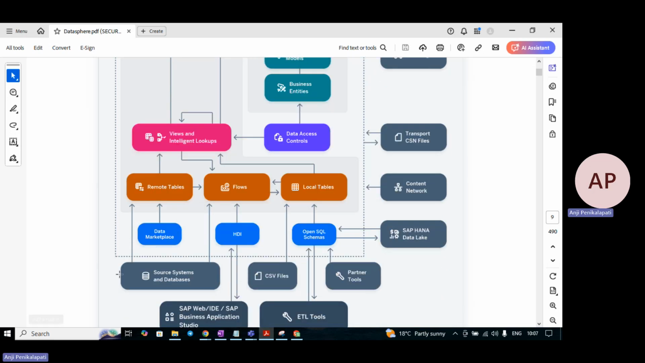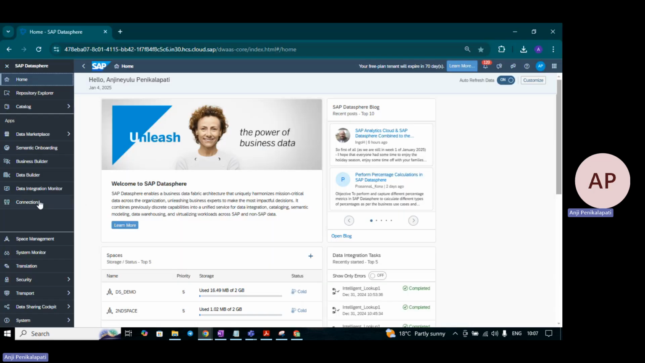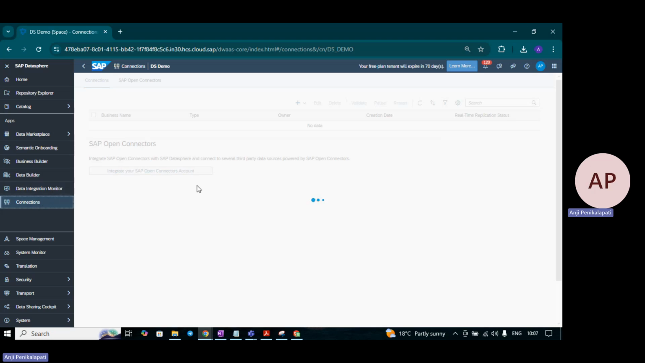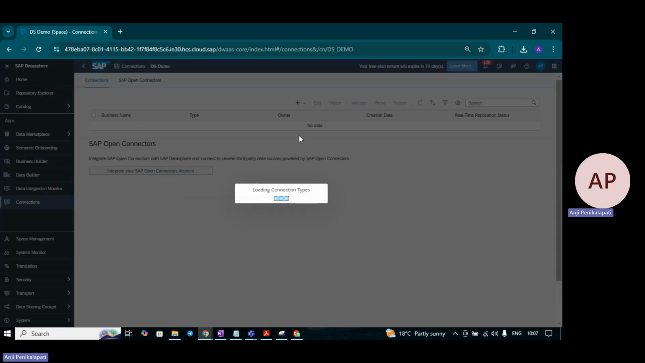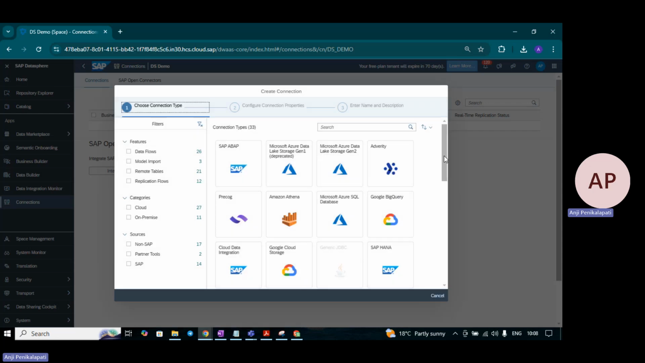As I said, we can bring the data from different sources. If I go back to Datasphere, under connections you can create connections to different sources and consume those tables. For example, if I go to add connection, create connection, here you can see what types of connections we can create from Datasphere to other sources. You can connect to cloud systems and on-premise systems. If I go to cloud, these are the different